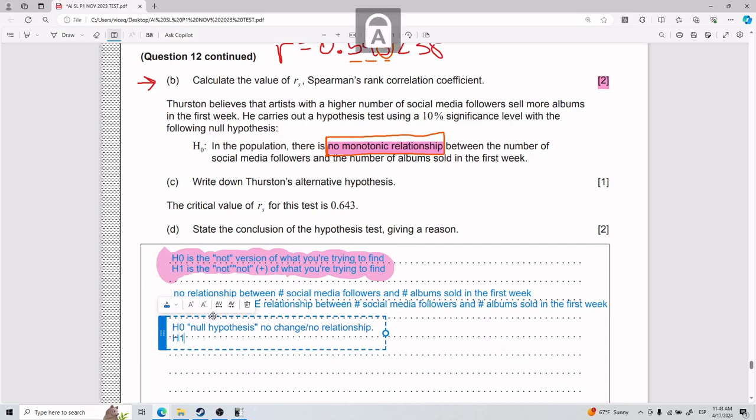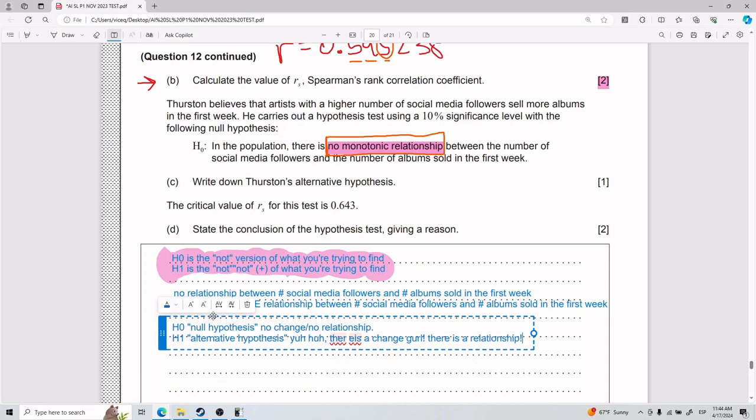While the H1 says, uh-huh, the alternative hypothesis is saying, uh-huh, there is a change, girl, all right? Or there is a relationship. It's not just a fling. Oh my god. Okay, sorry. I'm just trying to be funny. So, for H1, there is a change. There is a relationship. It's not just a situationship.